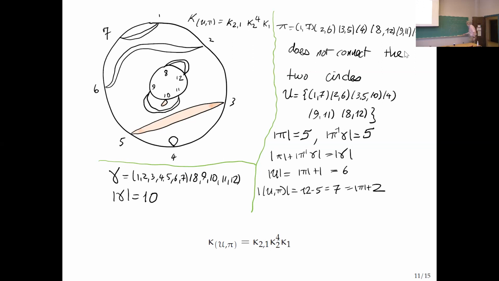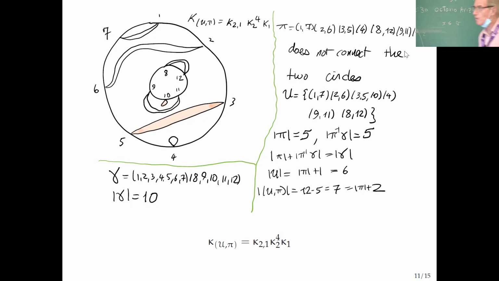Maybe not everybody's completely clear on that, but on the level of partitions, you say that pi is less than or equal to sigma if every cycle of pi is contained in some cycle of sigma. If you take a cycle of sigma, you make a circle, and you put in the cycles of pi, they form a non-crossing partition of that circle, putting the elements in the order that they appear in the cycle of sigma. So in the case of gamma, there was only one cycle, and you just put the numbers in clockwise order, so maybe you didn't notice that you were doing that. And that would give the order on these things.